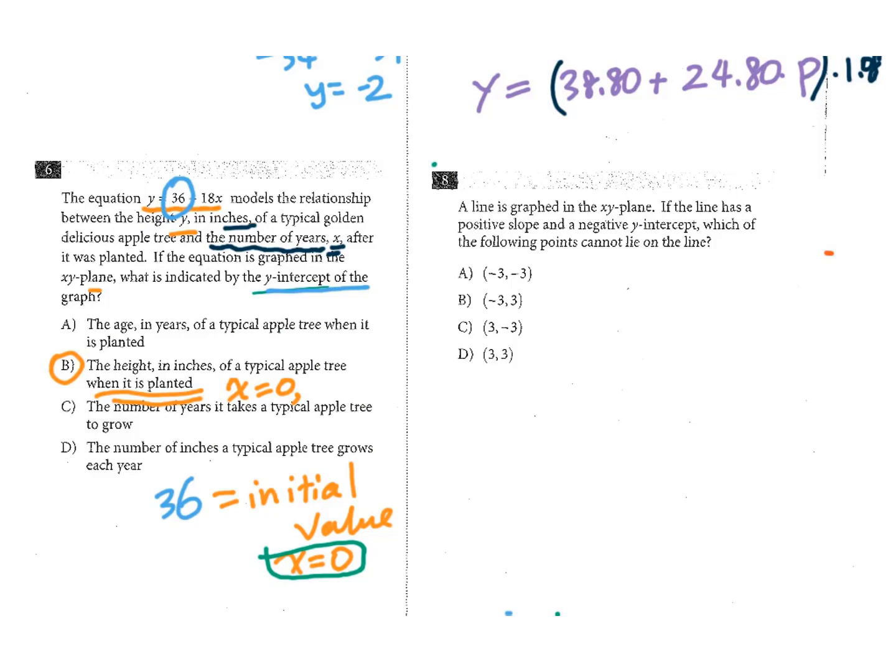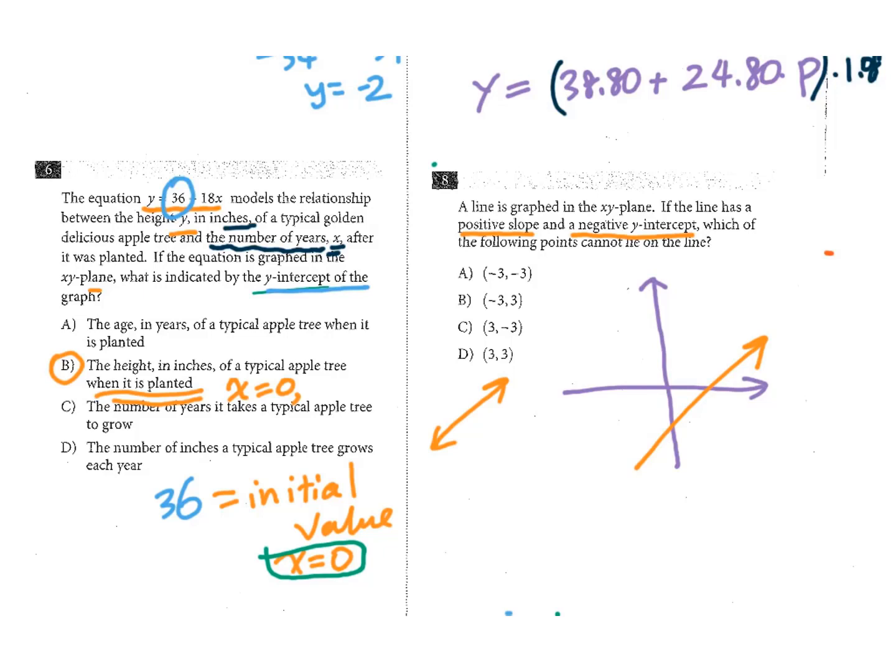For number 8, a line is graphed in the xy plane. If the line has a positive slope and a negative y-intercept, which of the following points cannot be on the line? Let's draw the xy plane. Positive slope means the line goes up. Negative y-intercept means it has to cross below the x-axis. Therefore, I can draw this. See, this line